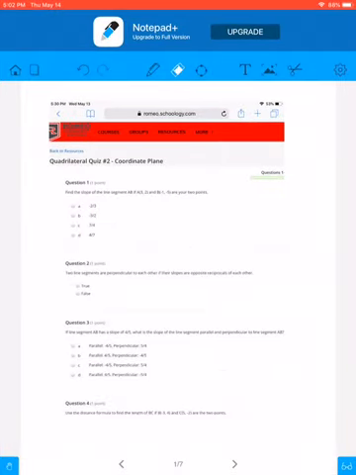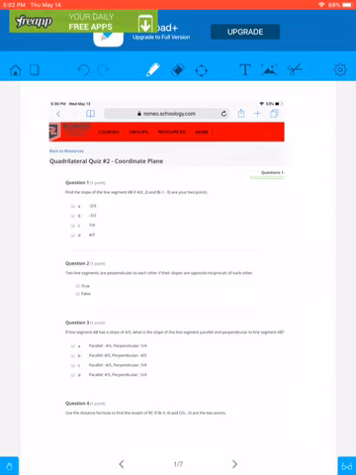Quadrilateral quiz number 2, solution, starting with question number 1. Question number 1 is asking you to find the slope using two coordinates, and the two coordinate points are given, 3, 2, -5, -1. So you need to think about slope, which is rise